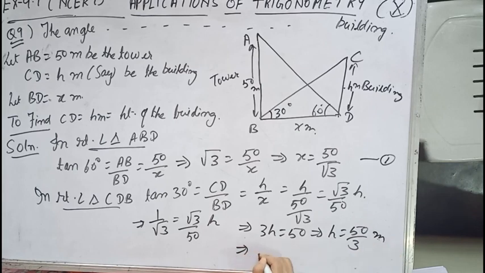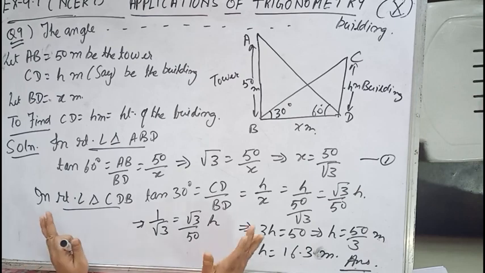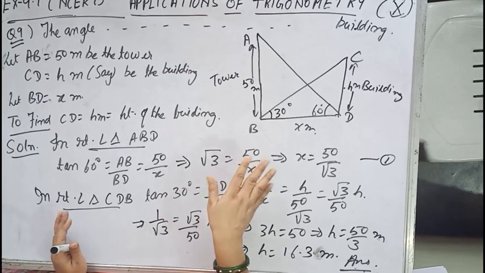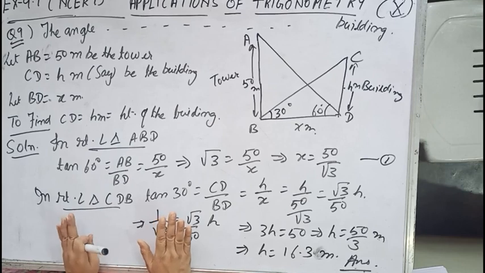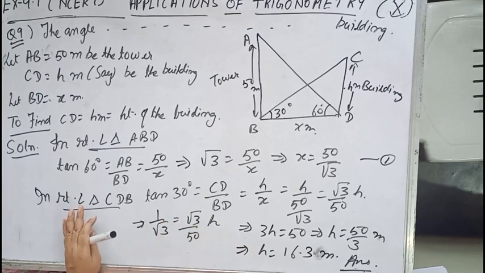So this will be h equals to 16.666 and so on. Let us leave it as such. This one meter is the answer. So let us move to the next question. So children, it's a kind request. Please read the question, draw the figure and try to solve the question by your own. You can leave the answer over here in terms of fraction also, as over here 16 2 by 3 meter as well. Question number 10.